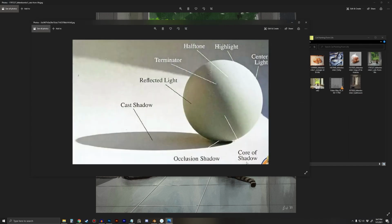Bounce light is the light that is, okay, imagine everything's a mirror. And so with mirrors, it's reflective. It's probably a terrible way to go about this, but surfaces are reflective. So when the light comes down and hits this ground plane, it's going to bounce back up. And that's what,